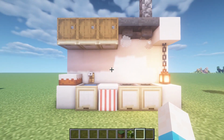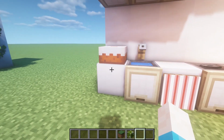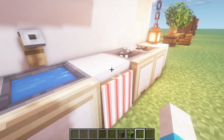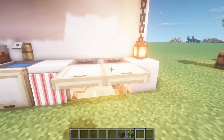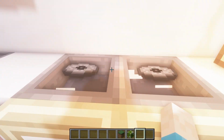Next up is another little kitchen design here, so this is more modern. So what I've done is I've got a normal block with cake on it, I've got a cauldron with a trapdoor in front of it and a hook, little loom there, banner with a loom effect on it to create the tea towel. Then I've got 2 hoppers here with campfires underneath them, with invisible item frames on top, with discs on them